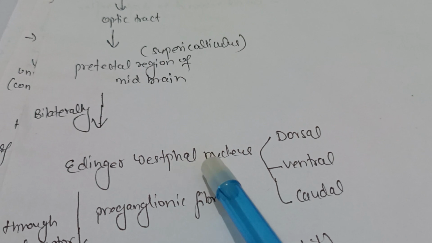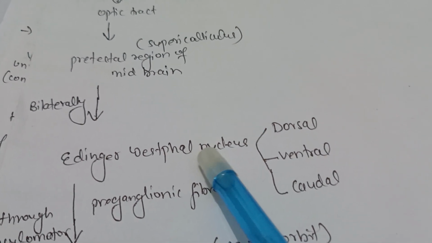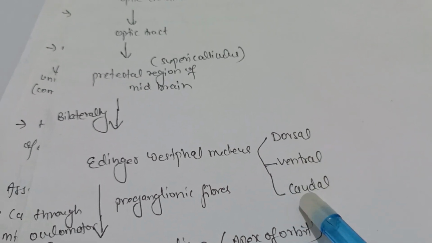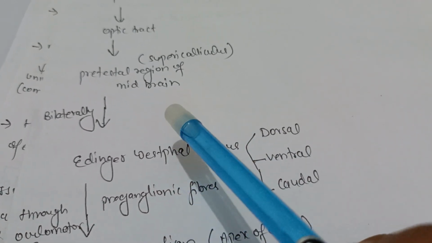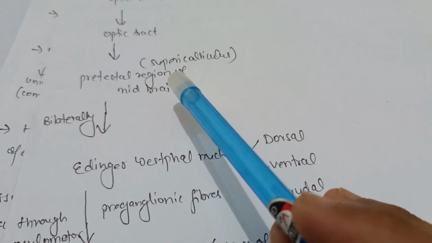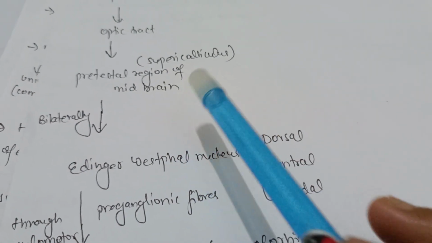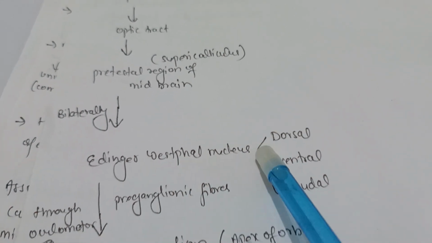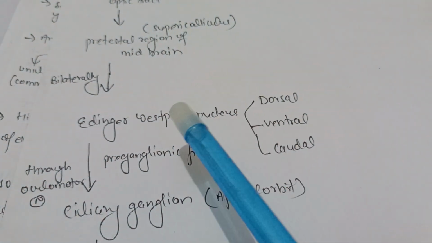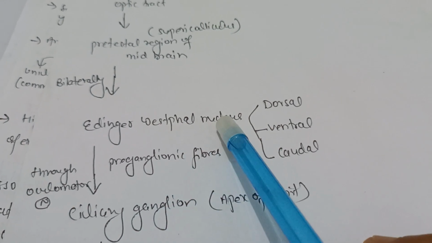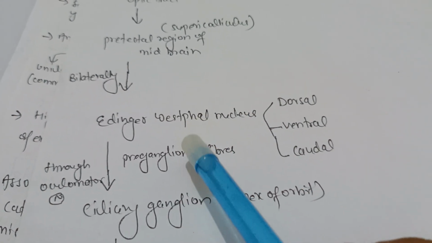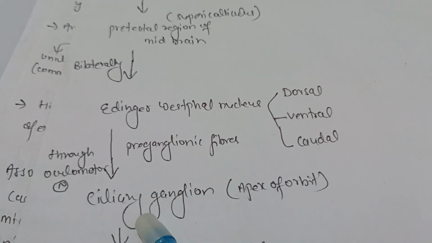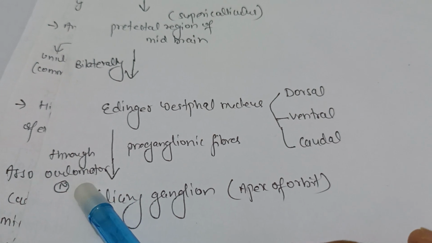Edinger-Westphal nucleus is also a parasympathetic ganglion, and it consists of three parts: dorsal part, ventral part, and caudal part. And to be more specific, the neurons from the pretectal region of the midbrain synapse with the dorsal part of the Edinger-Westphal nucleus, and from the Edinger-Westphal nucleus the preganglionic fibers arise and project to the ciliary ganglion through the oculomotor nerve, and the